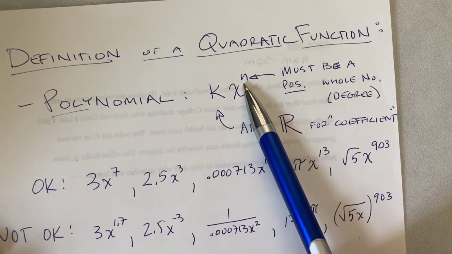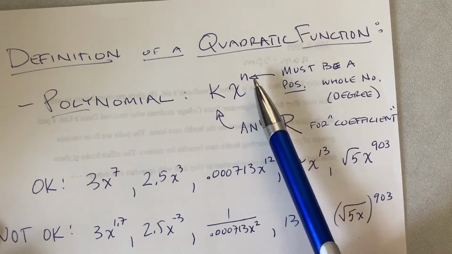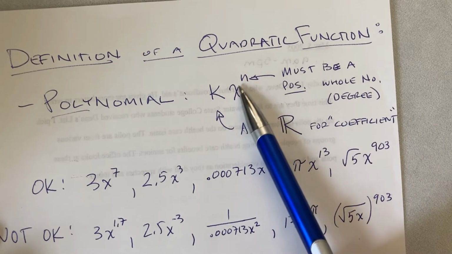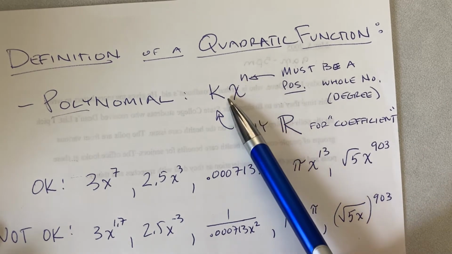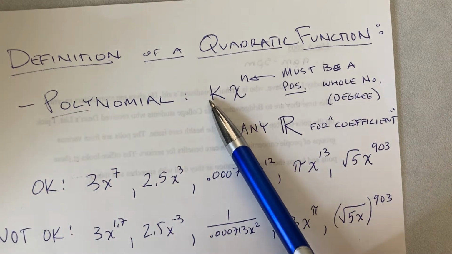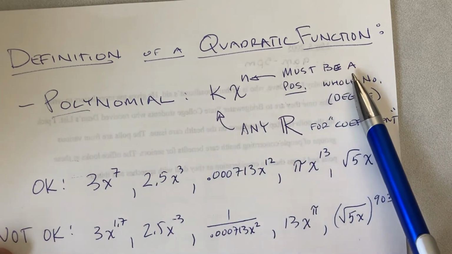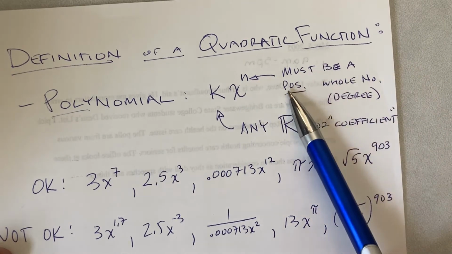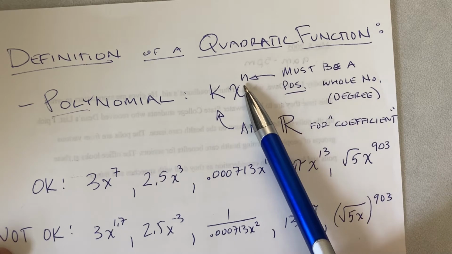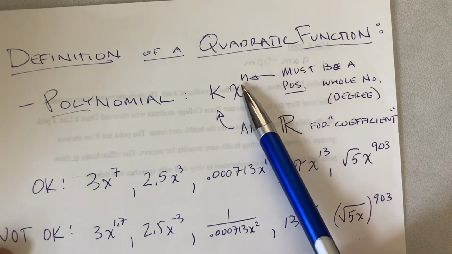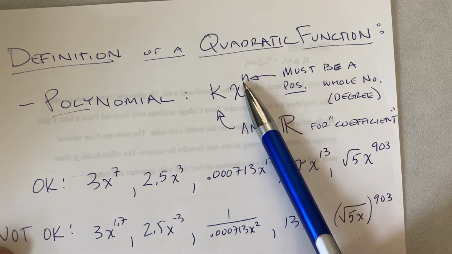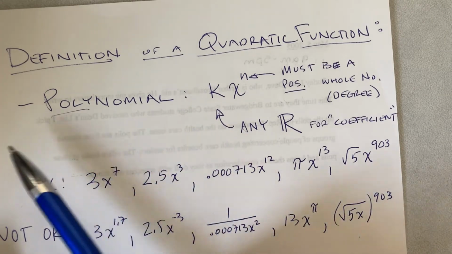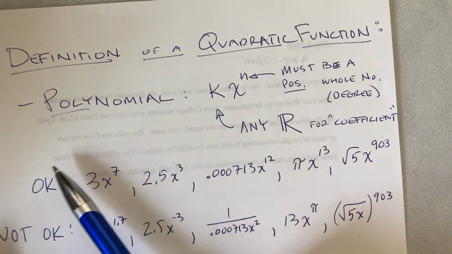Anything at all that you can find on a number line can go there as a coefficient. However, there are real restrictions on the exponent. The exponent must be a positive whole number. Now, if it's negative, it doesn't work. If it's 0, then it just poof turns into 1, and then you just have a constant term, and that's kind of boring. But typically it's 1, 2, 3, 4, 5, 7, 10, something like that, but it's whole number. This is what we would call our degree. So the degree is going to be the highest exponent value of all your terms. So a polynomial could have 10 terms, and if one was x to the 7th,